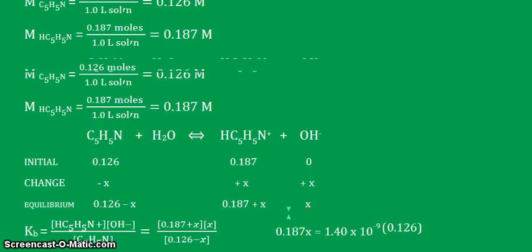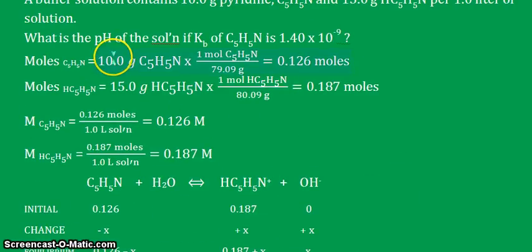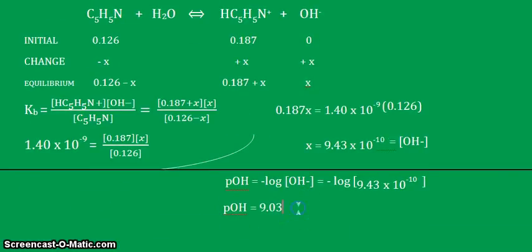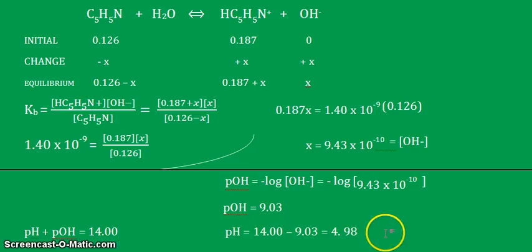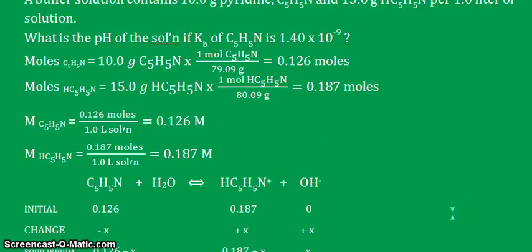But wait, if we look back at our question, the question was to calculate the pH of the solution. So we go back here, we arrived at our pOH, so we simply use a common equation that was introduced in the previous video that we had, which is pH plus pOH is equal to 14.0. From this equation, we then calculate the pH, and that is equal to 14.00 minus 9.03, which is the pOH, and that is equal to 4.98. So the pH of this given buffer solution that was described earlier